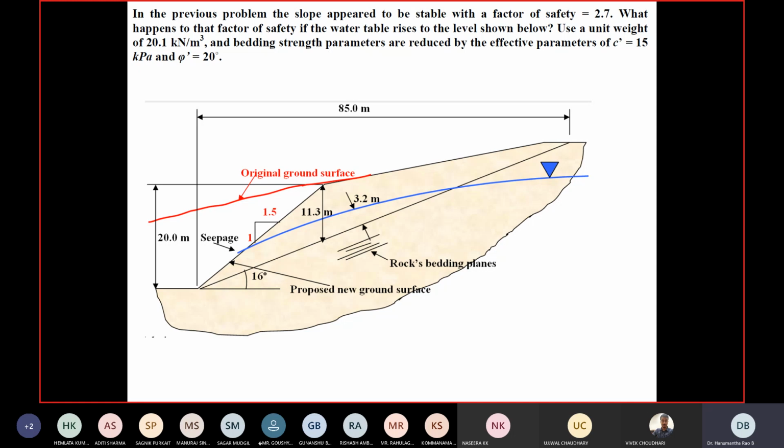Now, as I told you, one of the simplest ways of calculating U is to put a manometer or piezometer at the base of the failure plane and record the rise in water level in the pitot tube. That multiplied by the density of water shall give us the pore water pressure, which is nothing but gamma W multiplied by the height of water. So U is nothing but gamma W into H, where gamma W, the density of water, is known, and H. So here H should be how much?